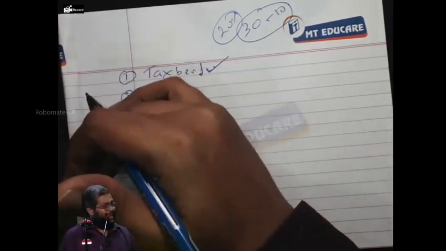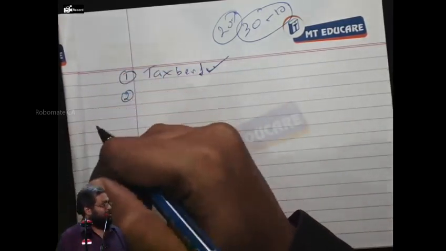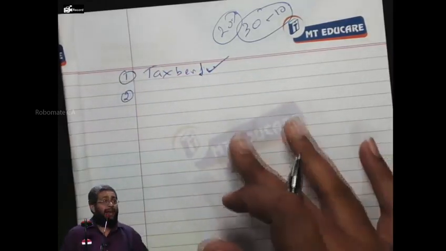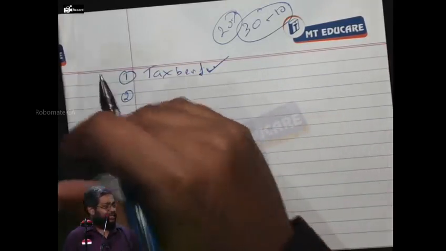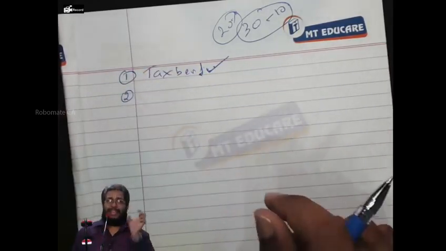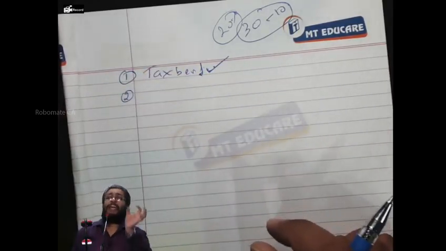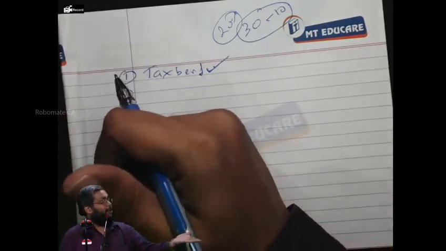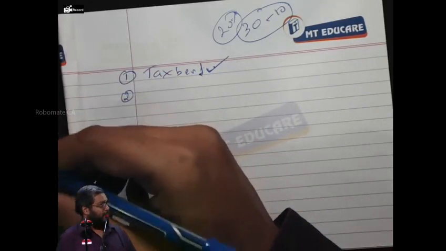Don't think anything special. In any market, something is bought and sold. That's all. Yes or no? Now I am curbing the supply of the share. That means they are saying I am reducing my market float. I am reducing my what? Market float. The float means how many shares are floating in the market. I am reducing the market float.